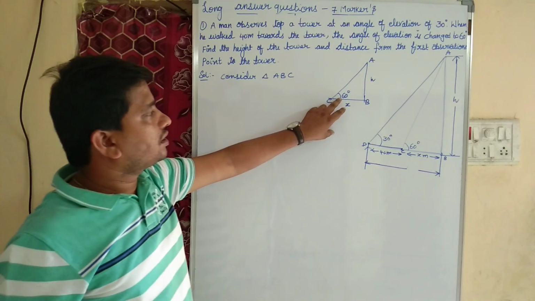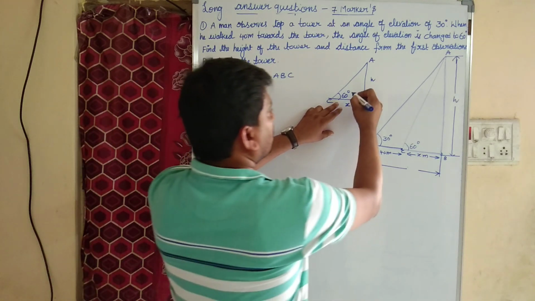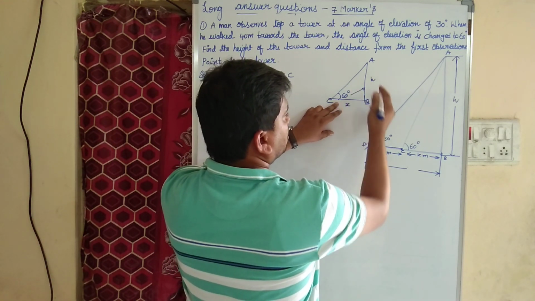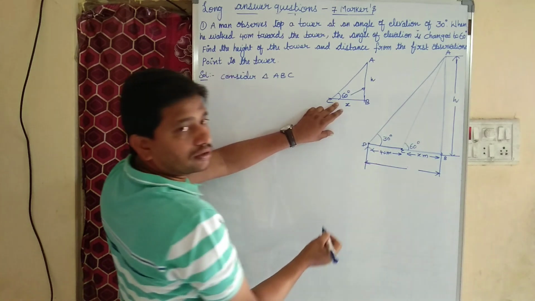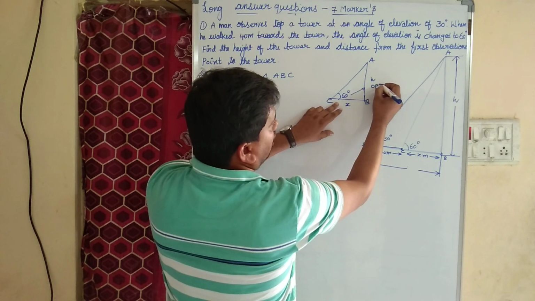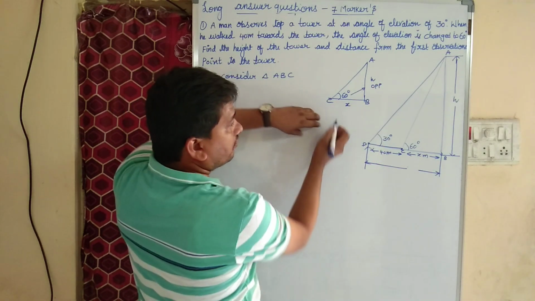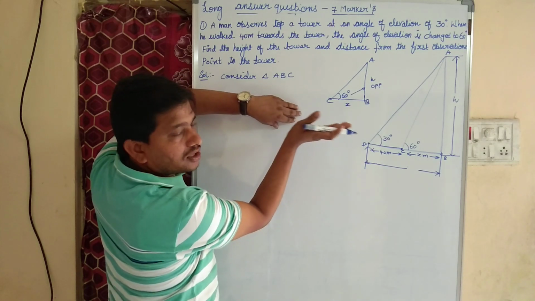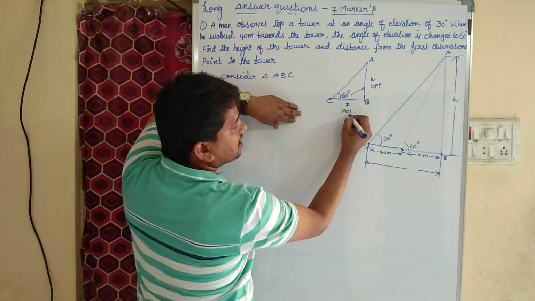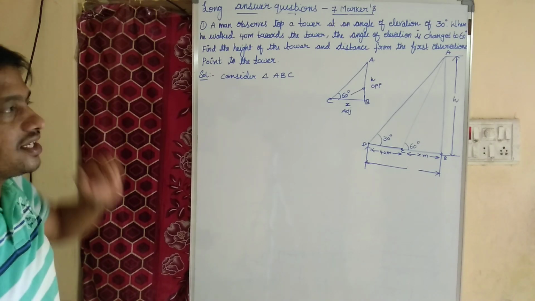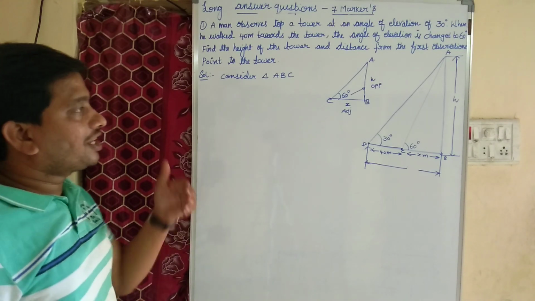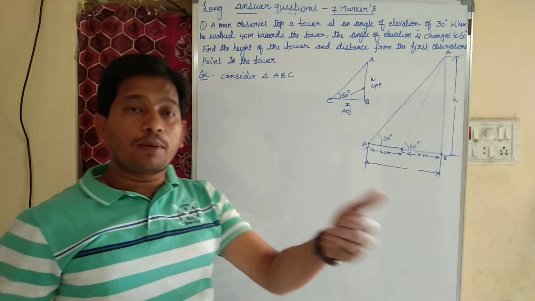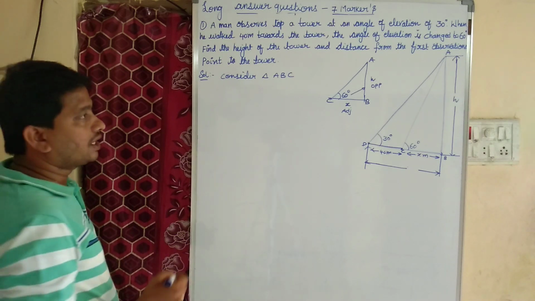The angle is at C. Then AB is the side which is opposite to 60 degrees. This will become the opposite side. Whereas angle 60 degrees is sitting on side BC, hence it is the adjacent side. So what is the trigonometric function whose ratio is opposite side to adjacent side? Yes, of course,